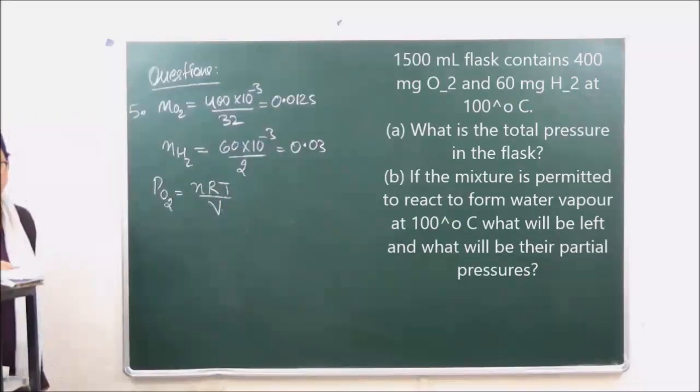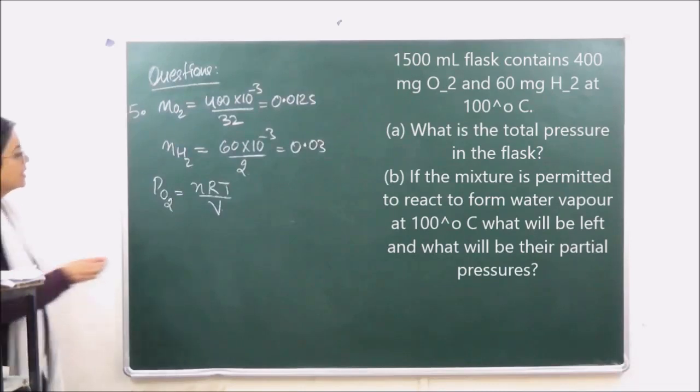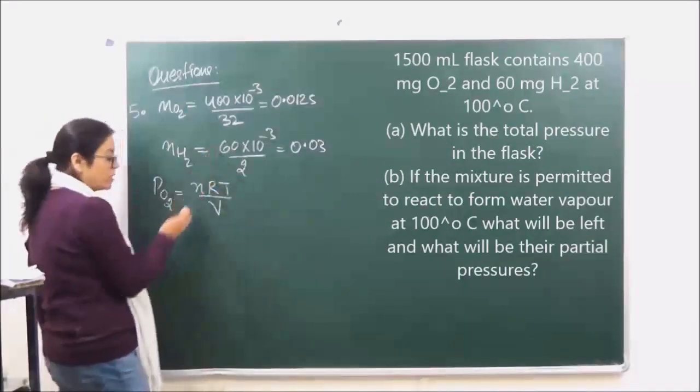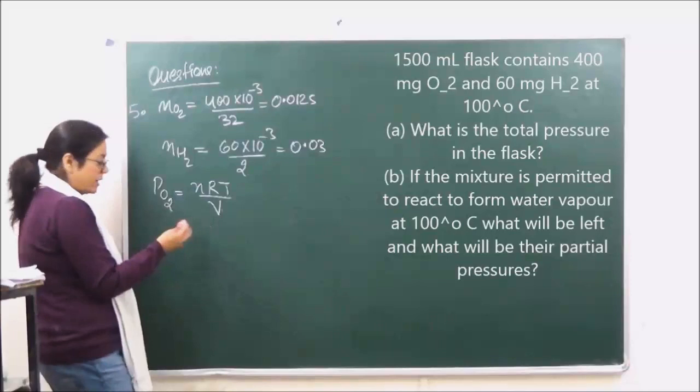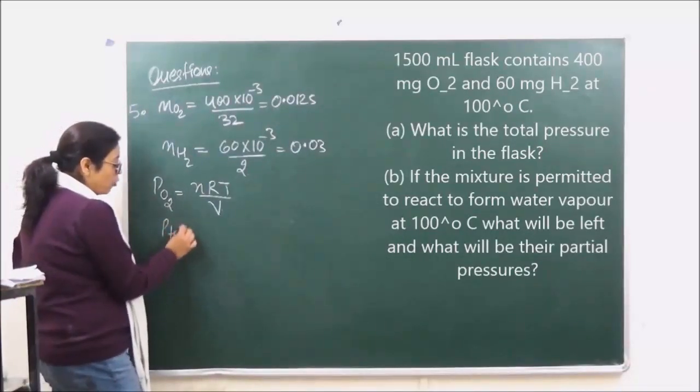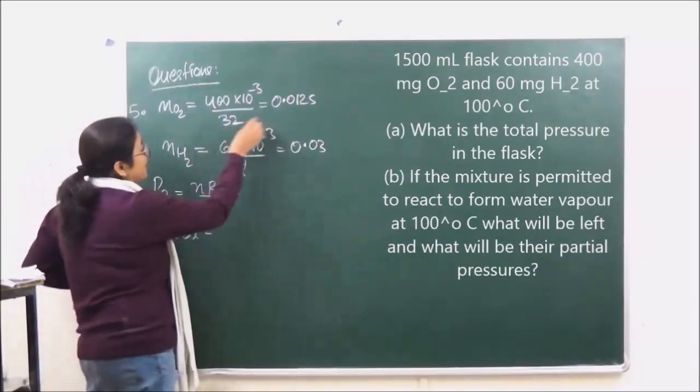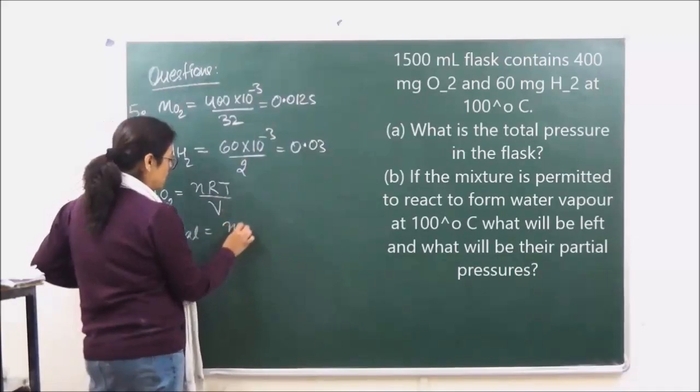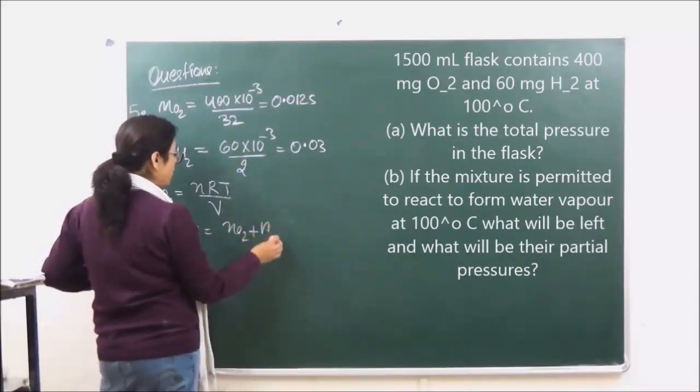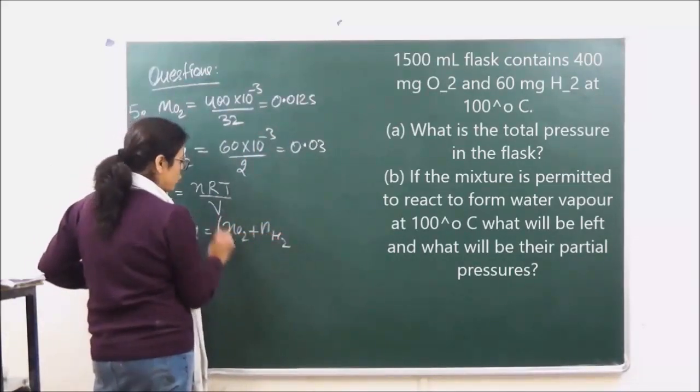Right? We have to calculate the total pressure in the flask. So either you can calculate it this way. Temperature given in both the cases is similar, ना? So partial pressure calculate ना करके आप सीधा total pressure भी calculate कर सकते हो. कैसे? We know the moles of both. In this case partial pressure उन्होंने बोले नहीं calculate करने के लिए, तो P total हमारा क्या आ जाएगा? N of O2 plus N of H2